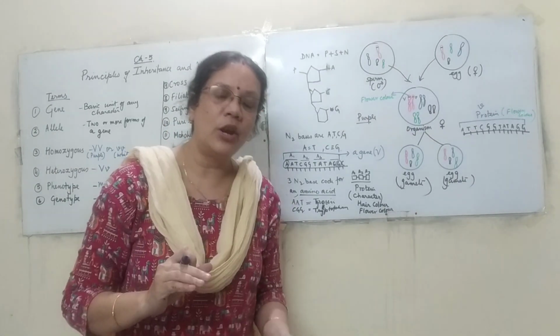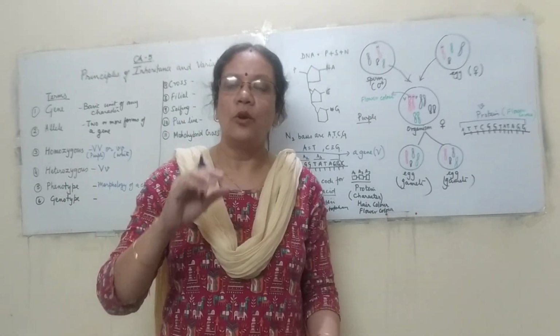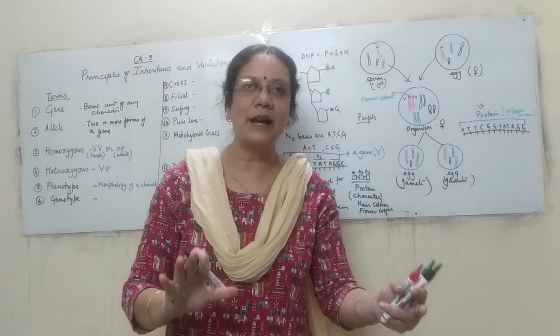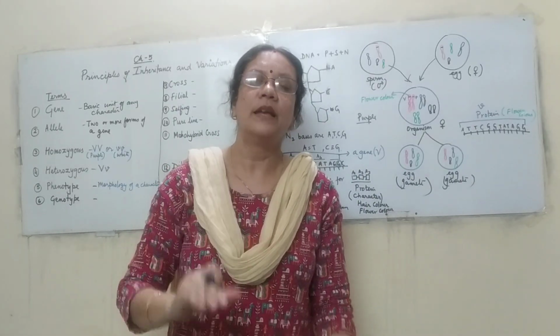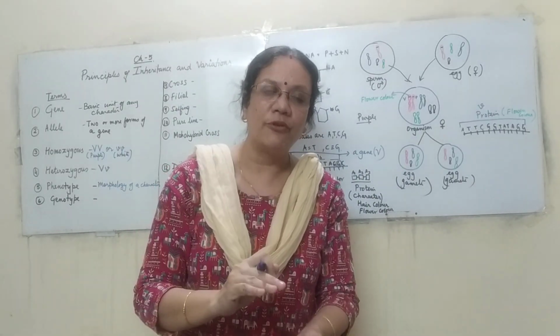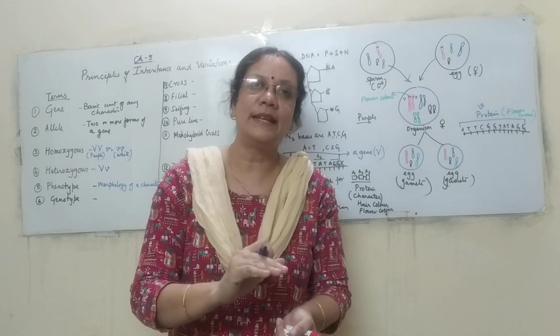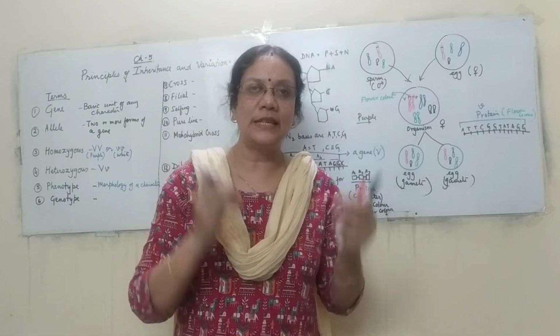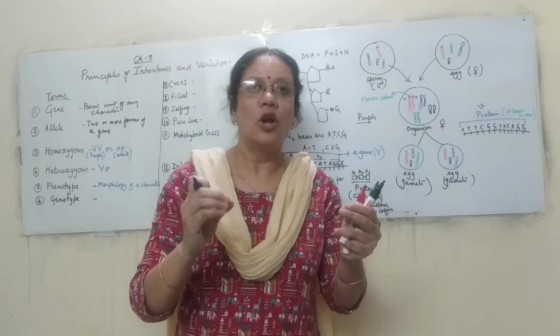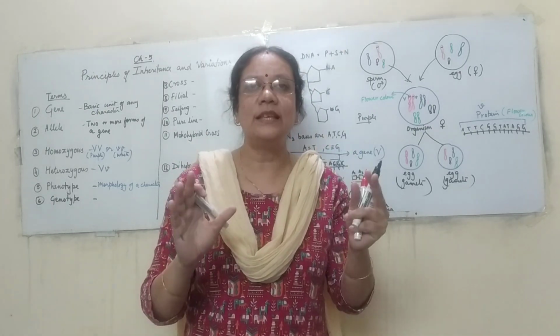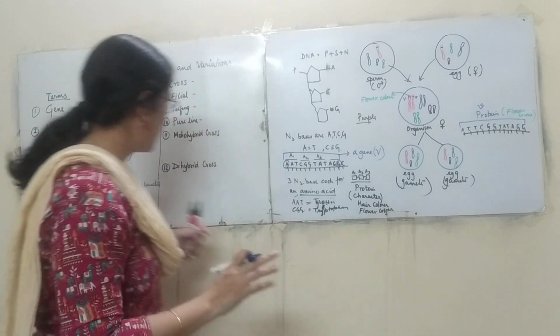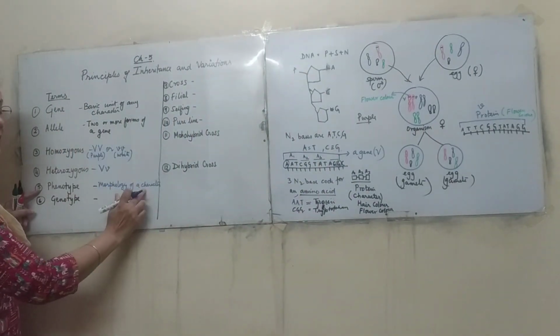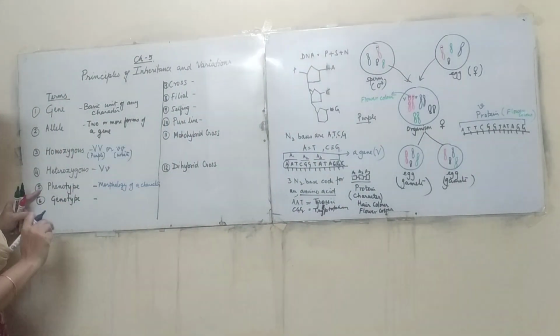When we are talking about tall, we are just looking at the plant and we are saying this is a tall plant. The pea plant is dwarf. That means its height is less. The flower color, the color of the seed, the color of the pod. So all these things we are seeing just from outside. So morphology, the other term in genetics, it is the phenotype.